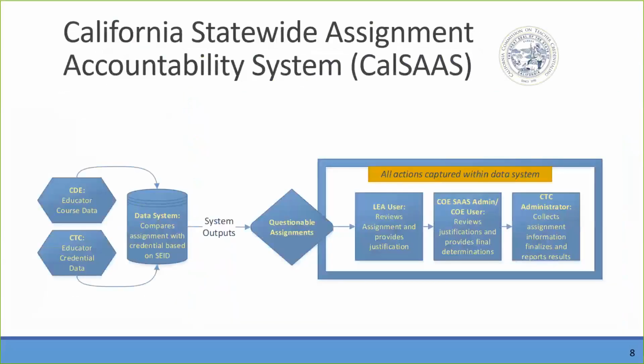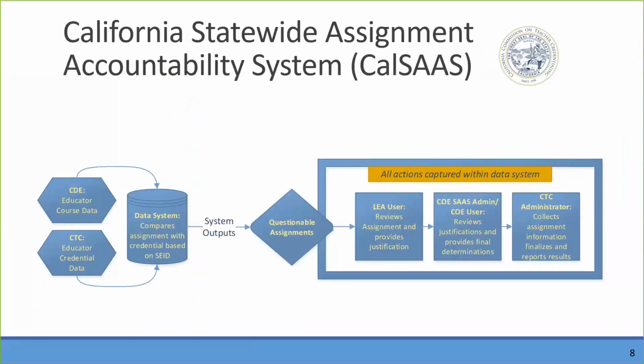Okay, so let's take a look at the CalSAAS. What are our inputs into this data system? We have the CDE Educator Course Assignment data from CalPADS, as well as other data through CDE. There's a lot of separate data points we get, like even the CDS county district school data. We use that data as well. So there are different data points that we pull from CDE, but the primary one is the course assignment